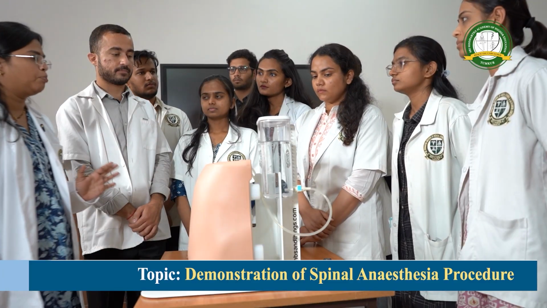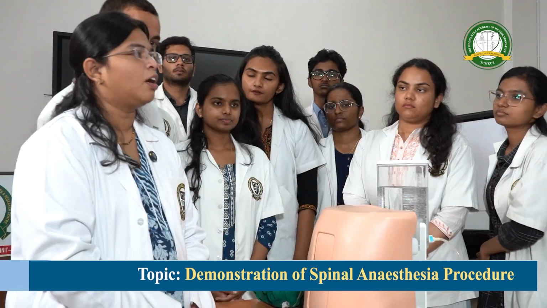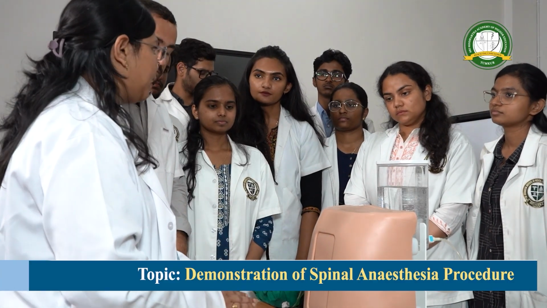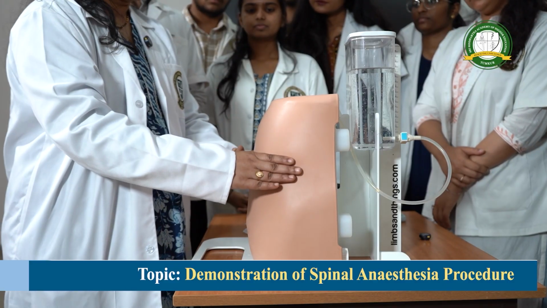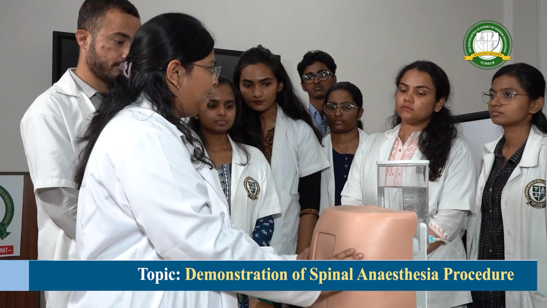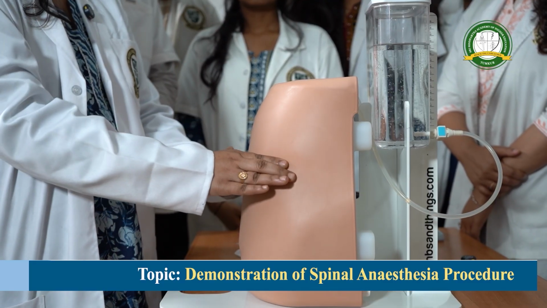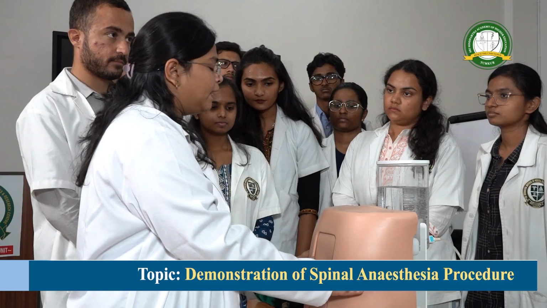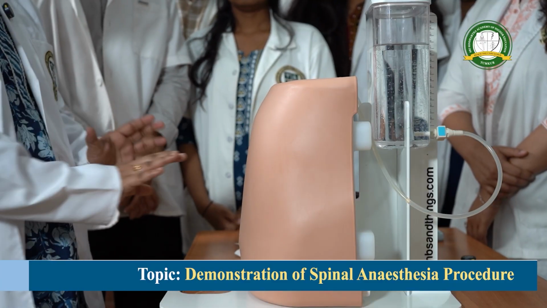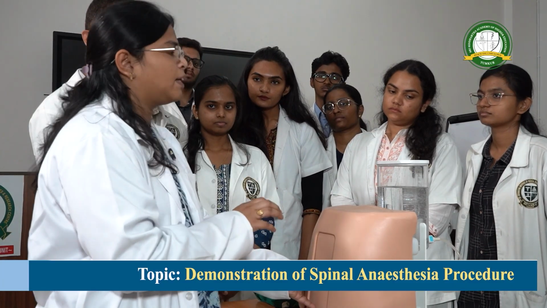So now I will demonstrate how to identify the spaces by using the landmark technique. Let me demonstrate how to identify the bones and the spaces. First, you have to palpate the highest point of the iliac crest. The line intersecting between the spine, the midline, and the line between the highest points of the iliac crests corresponds to the L4, L5 space. And the bone, if you feel the bone, that is the L4 bone. By palpating that, you have to confirm the space